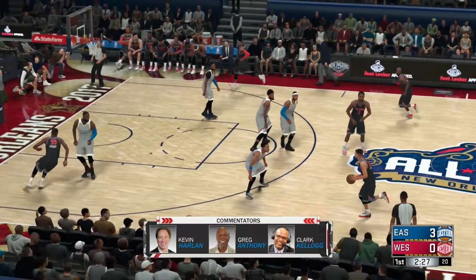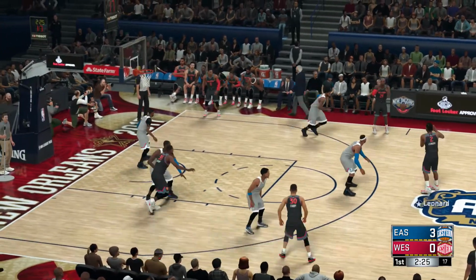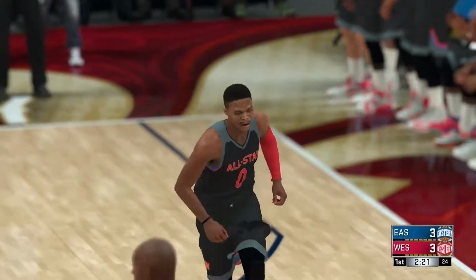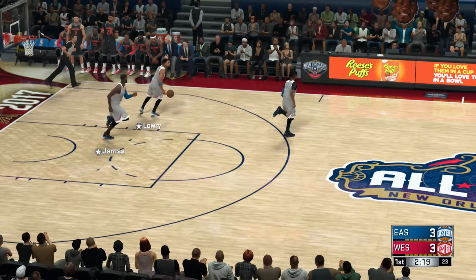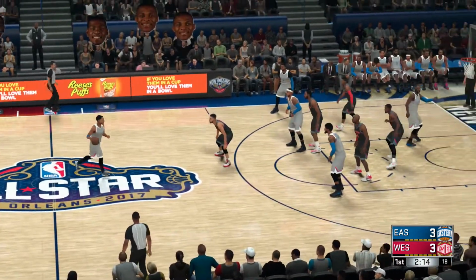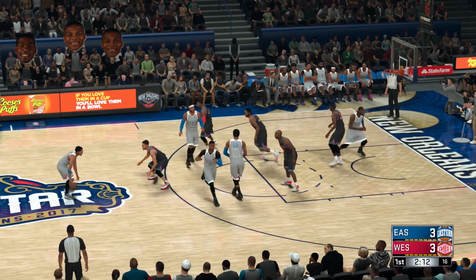First points of the night, and here we go. Setting the tone early with the first bucket, and we're off. That's in, coming off an assist from Bryant. Westbrook's got his first 3 points of the game. And guys, this is what you like to see early on, gaining a little confidence from range.